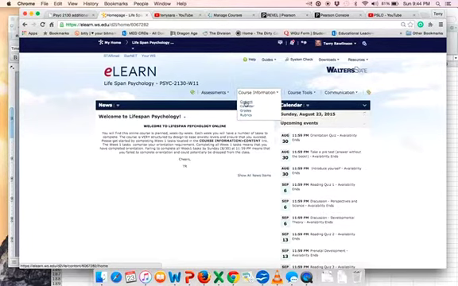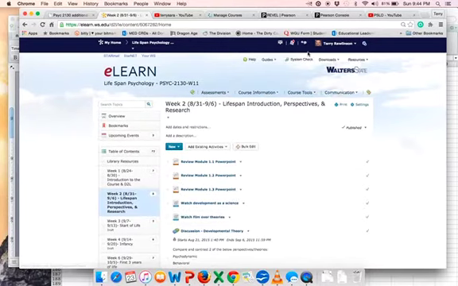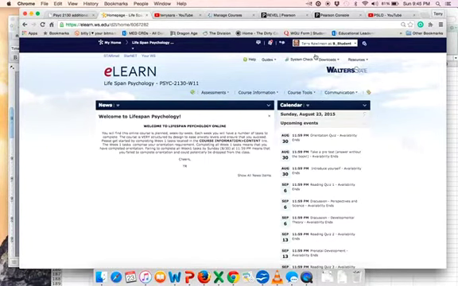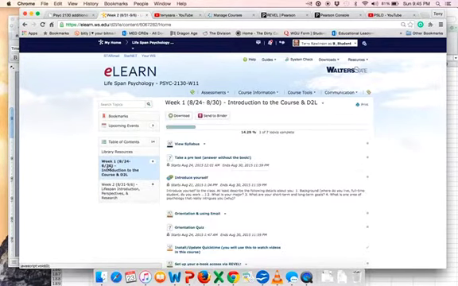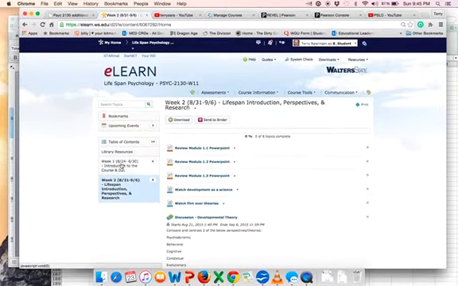The next important area I want to show you is under course information and content. When you click on that, I want to show you as a student. When you click course information content, you will see modules on the left-hand side of the screen. There are 2 modules available right now, week 1 and week 2. I will always have 2 weeks of content out for you. So if you want to work a little bit ahead, you can do that.